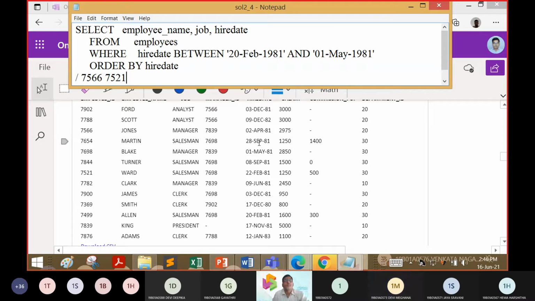That's it, sir. Only 2 records. So yes, from your side, 2 records. And what is this ORDER BY doing? It will display the result in ascending or in descending order.